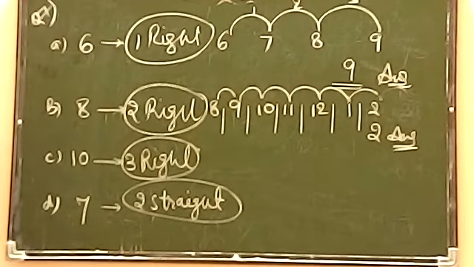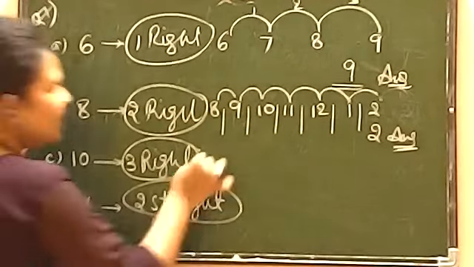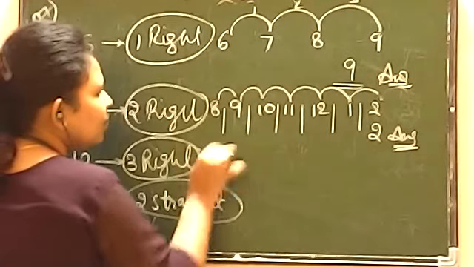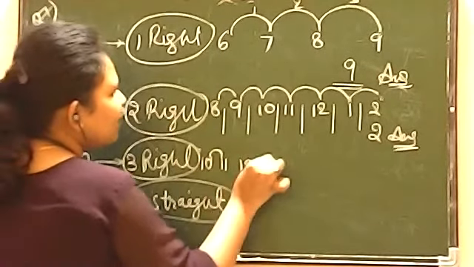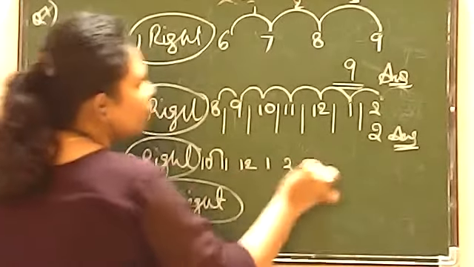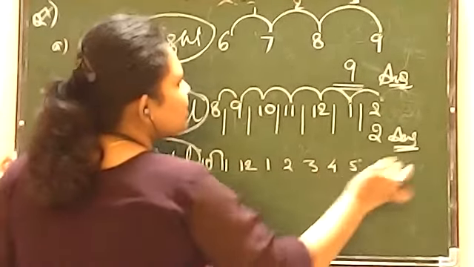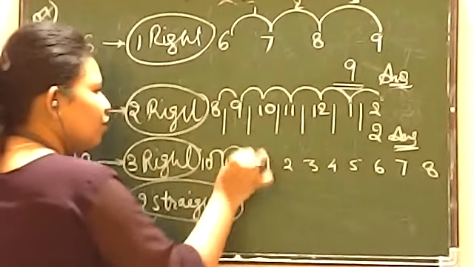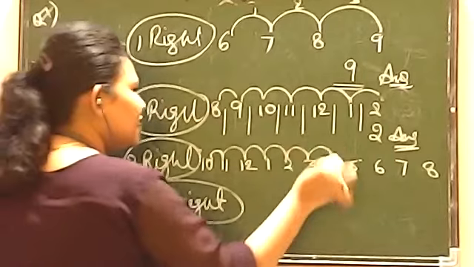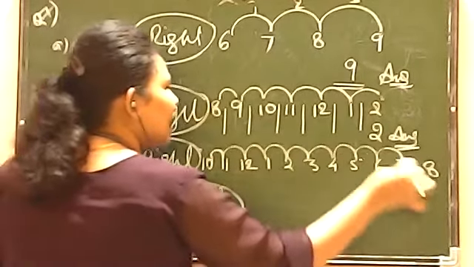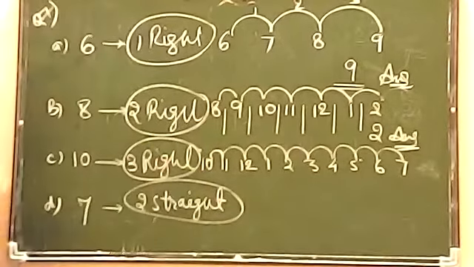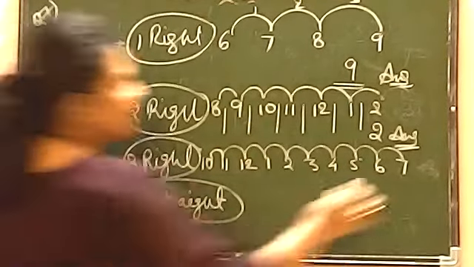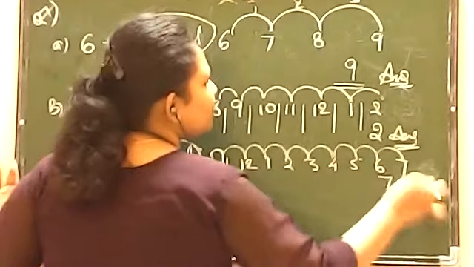Now move on to 3 right angles. 3 right angles means total 9 steps. Count करते हैं 10 से. 10 के बाद क्या आ जाएगा बेटा? 10 के बाद we will have 11, 11 के बाद we will have 12, 12 के बाद 1 2 3 4 5 6 7 8. Let us count now. 1 2 3 4 5 6 7 8 9. यहीं तक आ गया 7. So we will have 10 to 7. Our answer will be 7 in this case.